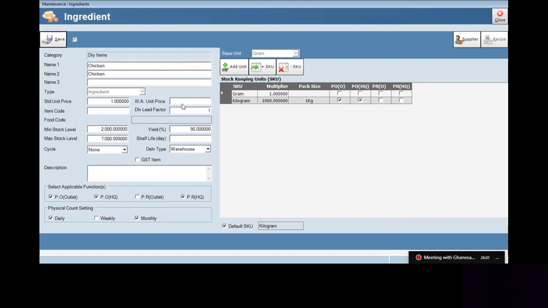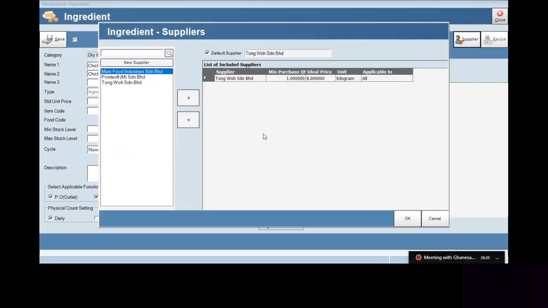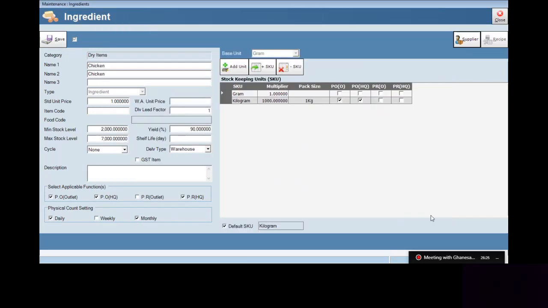Finally, we need to know the standard unit price. This standard unit price is also an initial price, and you need to follow the grammage. For example, the supplier price is $8 per kg. If we need to convert it to a per gram value, we need to do a simple calculation.